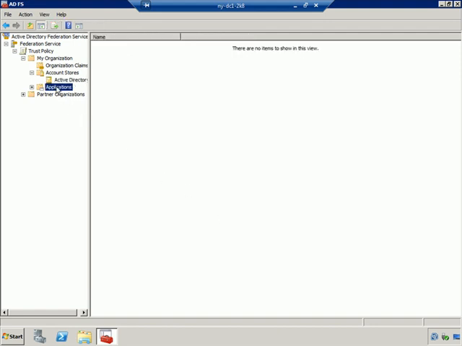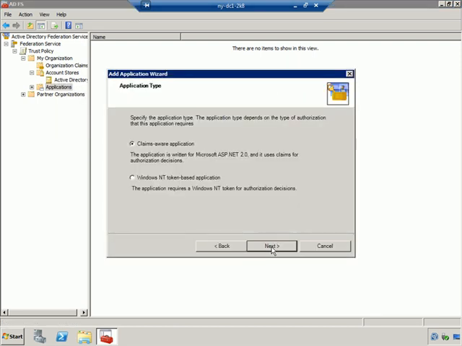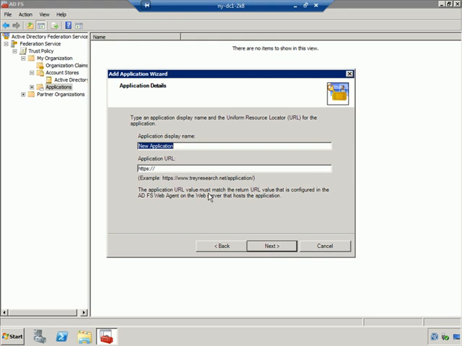So over here, we're going to go ahead and right-click Applications, New Application. Here we get a wizard. Go ahead and click Next. Okay, you'll notice this is a little bit different now because now we're on the resource side. So we want to go ahead and make sure to select Claims-Aware Application. Next. For the display name, let's just go ahead and call it a